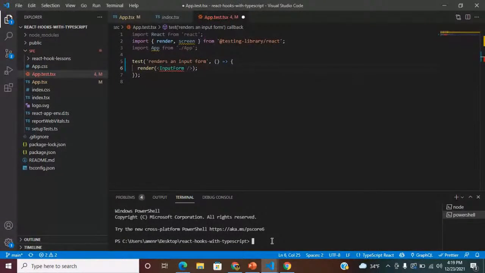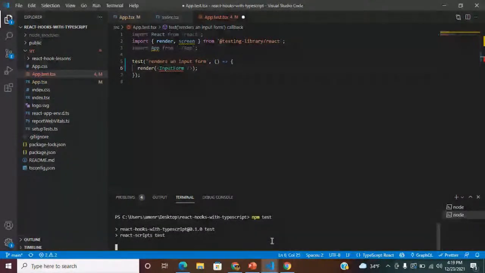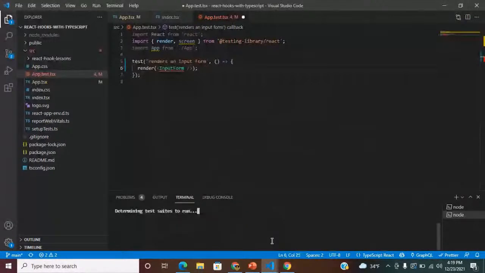we want to go ahead and run npm test. This is going to run our tests and let us know if all of our tests are passing or if they're failing. So npm test, if you are using Node Package Manager, or yarn test if you're using Yarn. Now it's determining which test to run, and it's running the only test that we've created so far,